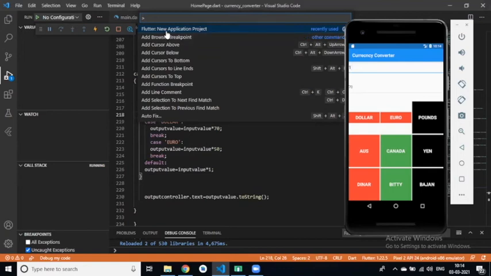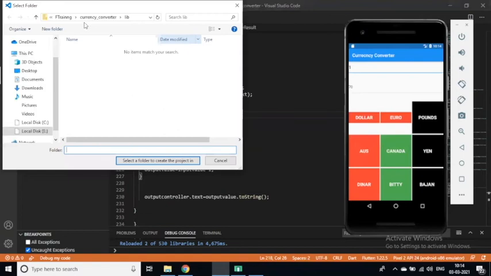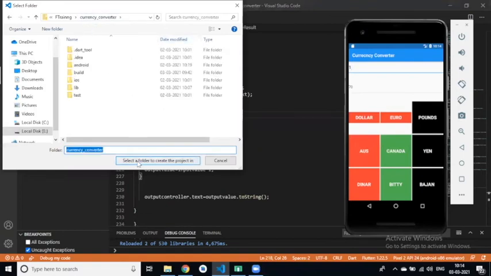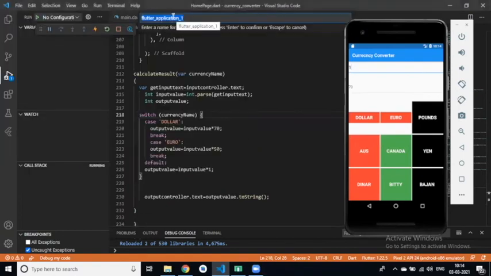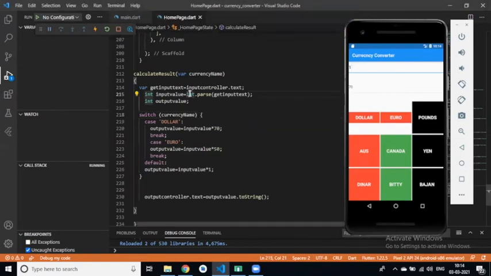Actually, you haven't created the project like this. Create a new application project, then choose the folder, then give the application name, then enter. Simple like that. Or do one thing: create the application from the command prompt, like flutter create space application name. Sanwaj, please help her.